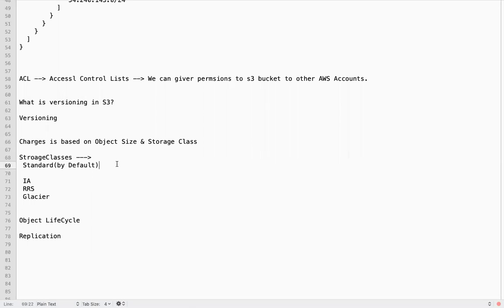So what type of objects do we need to maintain here?